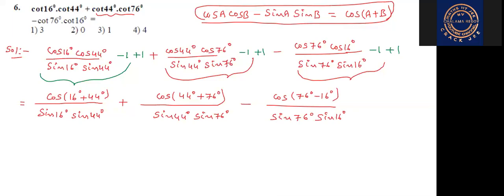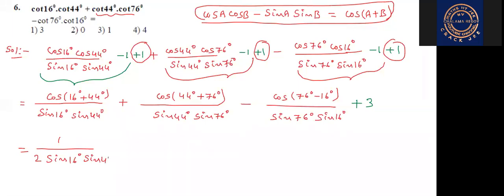Now see that here plus 1, plus 1, plus 1. Total how much, students? That is plus 3. Are you understood? Now go to the numerator. 16 plus 44, how much? 60. Cos 60 is 1 by 2. 1 by 2 into sine 16,